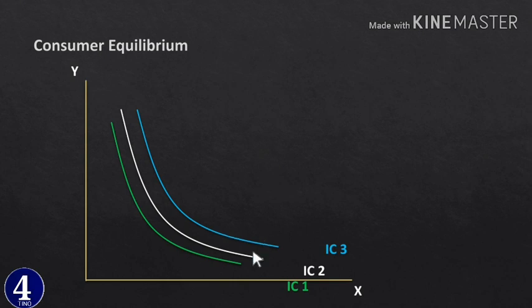ምክንያቱም the blue line or the blue indifference curve which is indifference curve 3 represents a higher level of satisfaction compared to the white and the green ones ማለት ነው። IC2 እና IC1 ጋር ኮምፔር ሲደረግ IC3 represents higher level of satisfaction ምክንያቱም we have said that in previous video ላይ properties of indifference curve ስናጠና ወደ ቀኝ higher ላይ ያለ indifference curve በሙሉ it represents higher and higher and higher level of satisfaction represent ያደርጋል ብለን ስለወሰድን ማለት ነው።